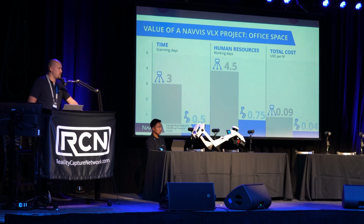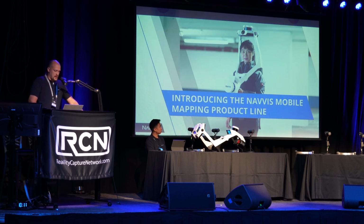This is not the market rate of scanning per square foot. It's most likely what a service provider's internal costs would be, doing an analysis of the entire industry as a whole. And then one of the last slides for today,